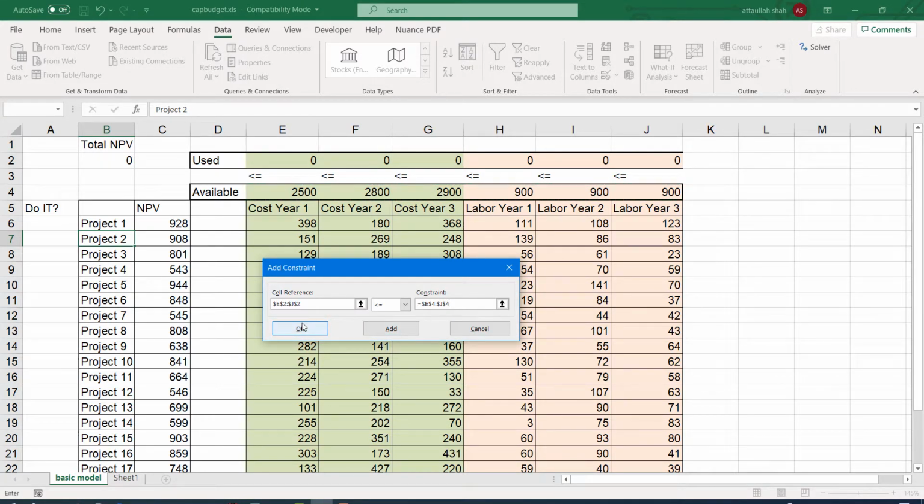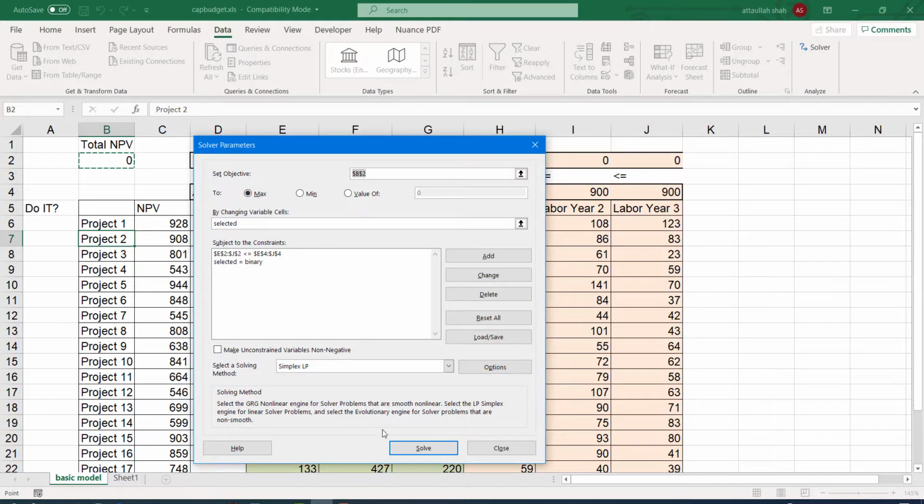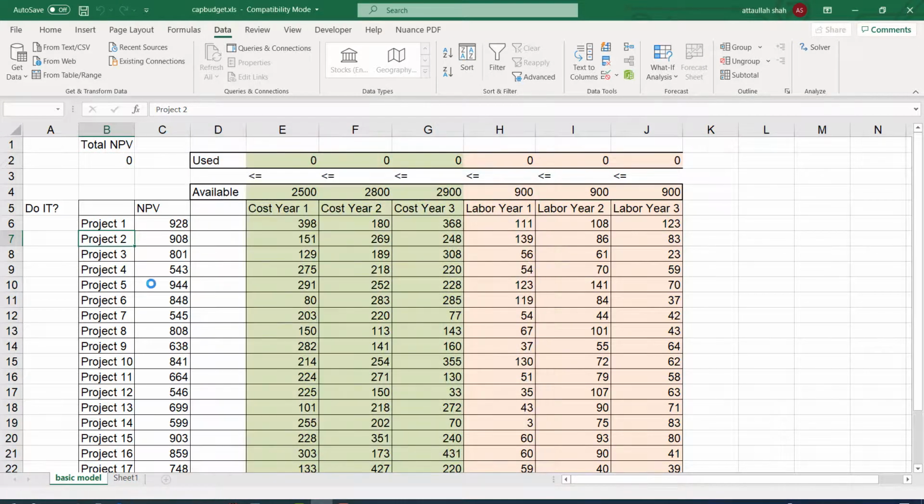So this is our second condition, that the used budget should be less than or equal to the available budget. The used budget is given in cells E2 up to J2, and the available budget is given in cells E4 up to J4. So these are our two constraints, and now let's solve.